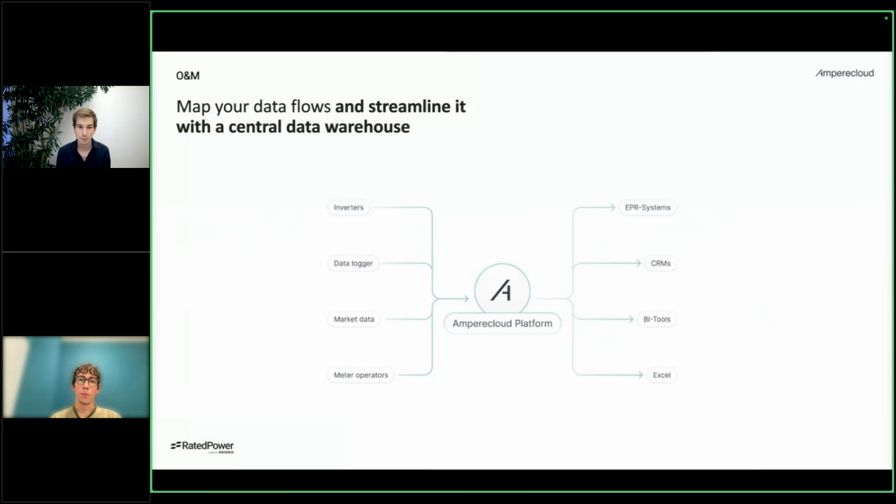Because the Amperecloud platform basically acts as a centralized data layer that lives below the different applications. The Amperecloud platform is also a monitoring system, and it's also a ticket system, and it's also a report system, but it also provides you with what we call the operating system of renewable energy. So it provides you with a data layer below. If we go to the next slide,